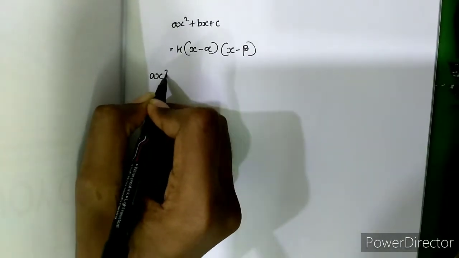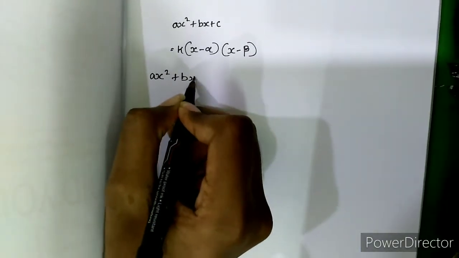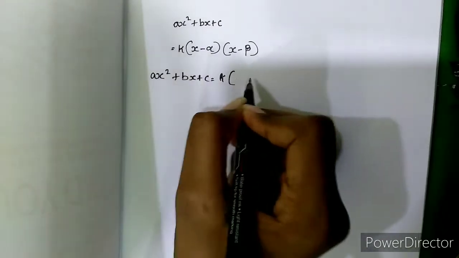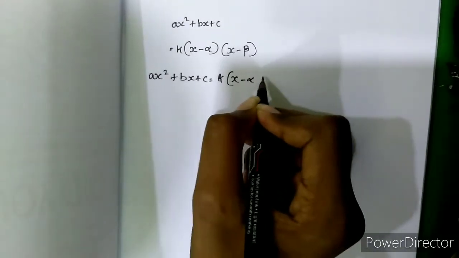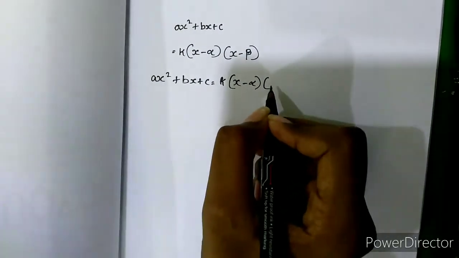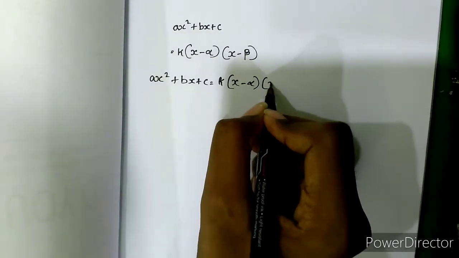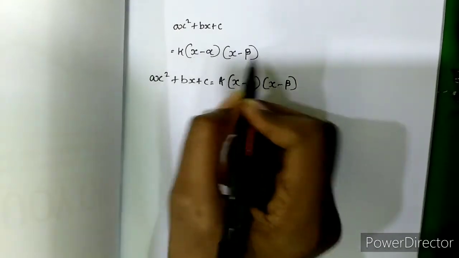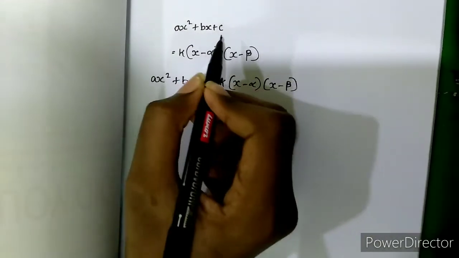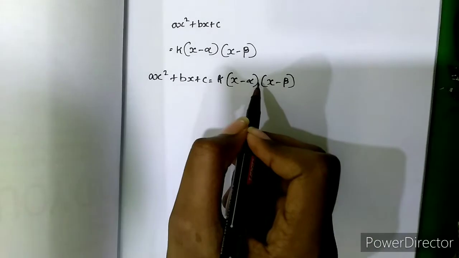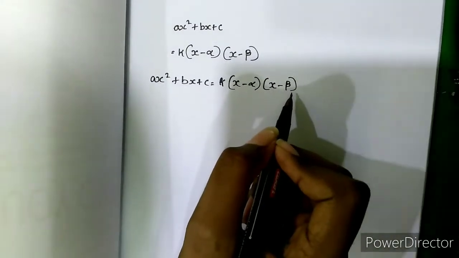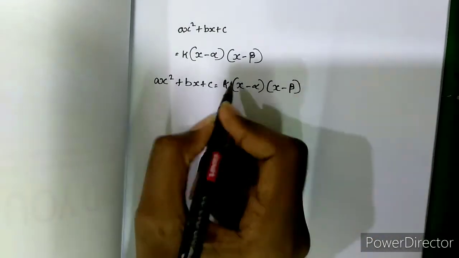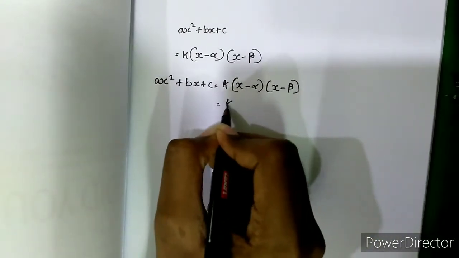that is ax square plus bx plus c is equal to k, where k means a constant, times x minus alpha of x minus beta. Here alpha and beta are the zeros of the polynomial, and x minus alpha and x minus beta are the factors of the polynomial. Now multiply x minus alpha and x minus beta, equal to k of